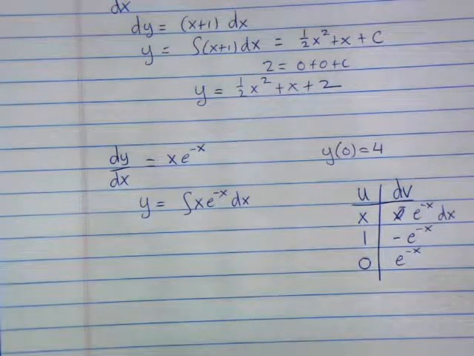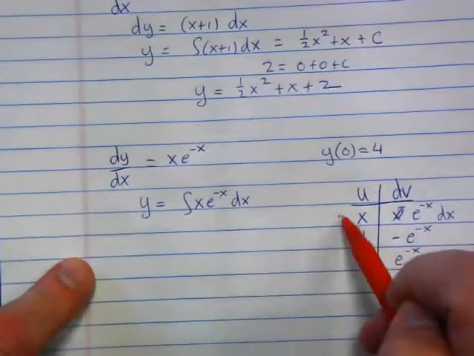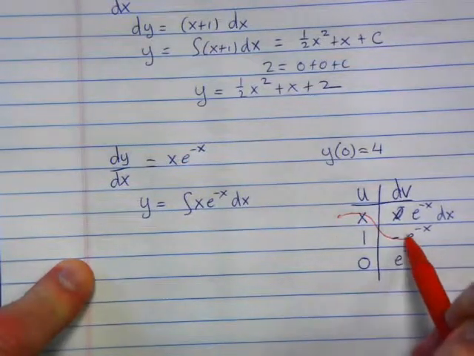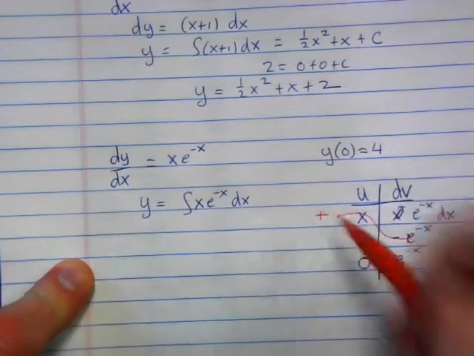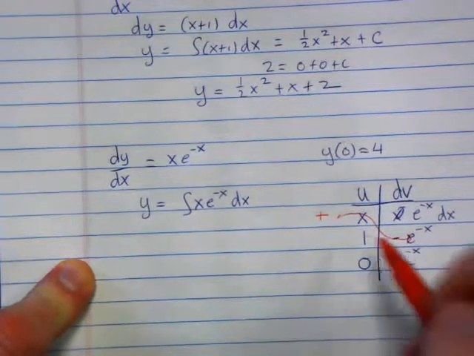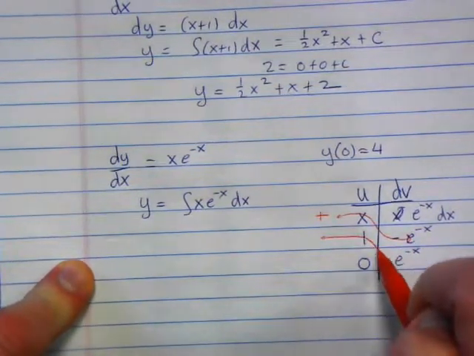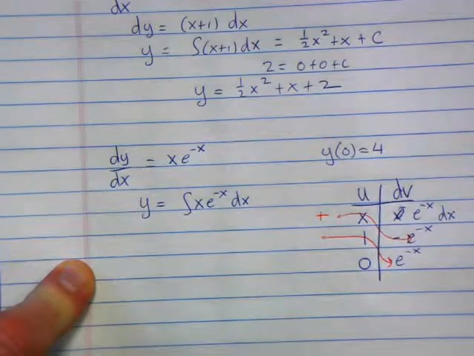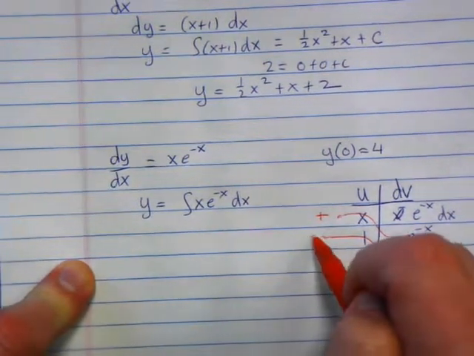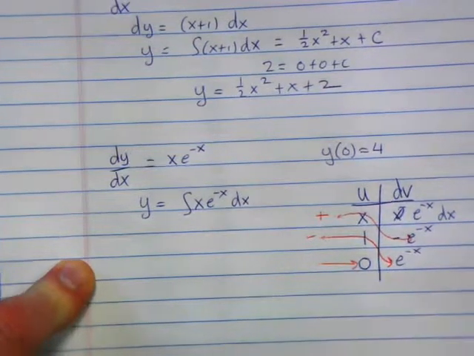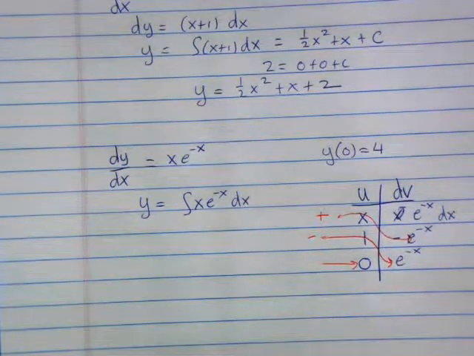All right, so how did that tabular method work again? Draw little wavy lines. Yeah, all right. So your first term, you start here, and you go to there, and that one gets a positive. And then you go to the next row, you go one down, except that one gets a negative. And then we're done, because when we hit here, we get 0. But if we didn't have 0 there, we would keep going, and the signs would alternate positive, negative,